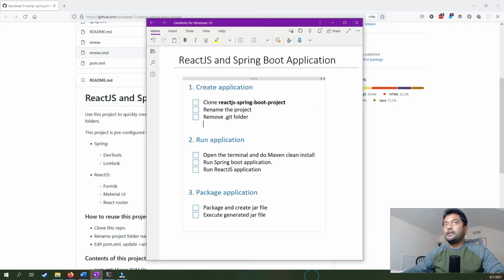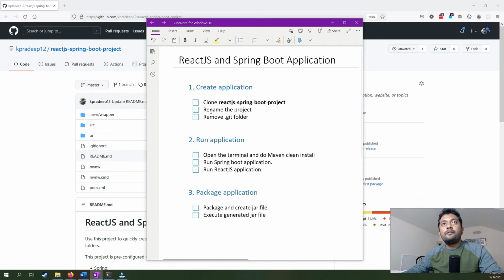I have one checklist. We will follow this checklist here. It has a couple of steps. These are simple steps. We will follow the steps and finally we will end up with a small jar file which contains both. So let's start. Okay, so we will follow the first step in this checklist, which is clone the React.js Spring Boot